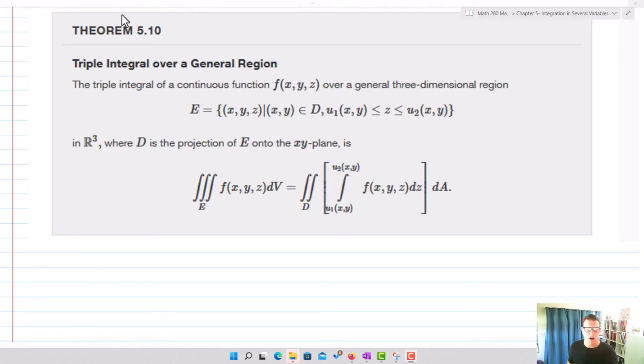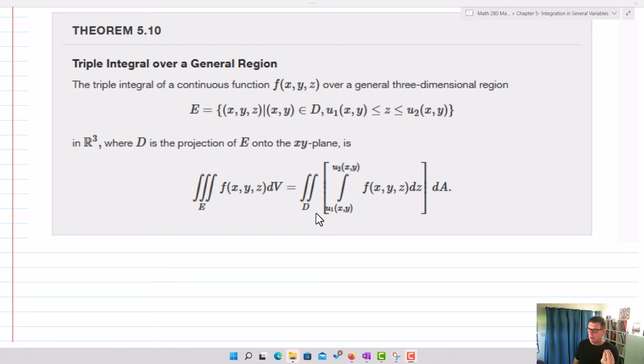Now, when we look at our integration here, D is said to be the projection of E. From a theoretical perspective, that helps us imagine what's going on. We've got our triple integral, f of x, y, z dV, which is going to be equal to the double integral over the region D. Now I'm going to pull out